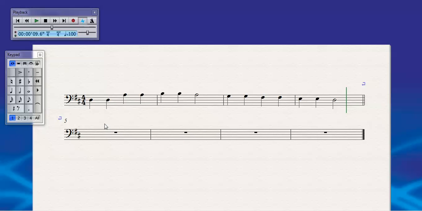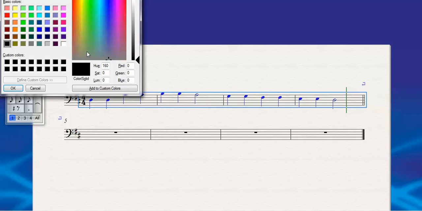So that when you go to write a variation on the theme, you keep the important bits, you carve out all of the less important or irrelevant bits, and then you fill in with your own material to create something new. So what I'm going to do here is I'm going to color these notes,